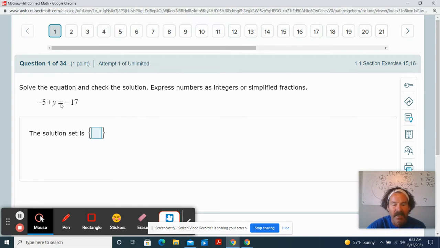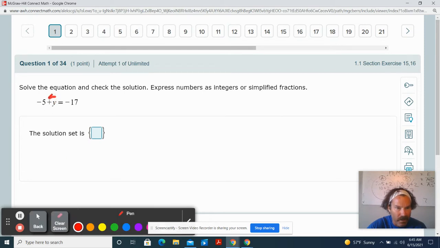Think of it as if you have two bank accounts, a checking and a savings account, and they have the same amount in them. If you withdraw $20 from your savings account, to keep the accounts equal you also have to withdraw $20 from your checking account. If you add $20 to your checking account, then you have to add $20 to your savings account to keep them equal. So when you're solving an equation,